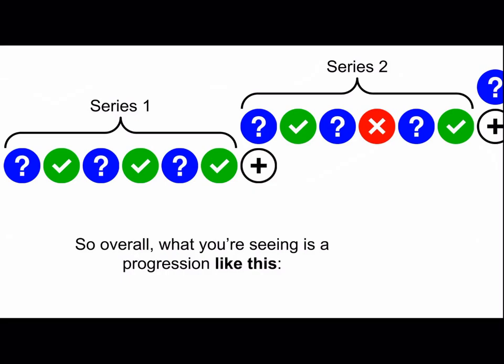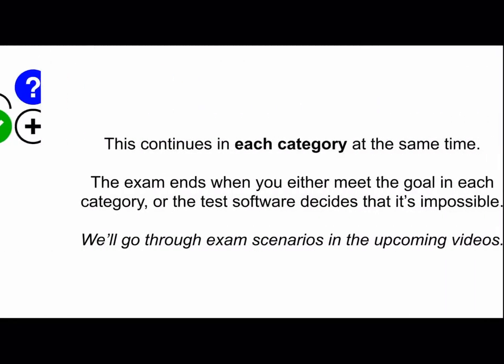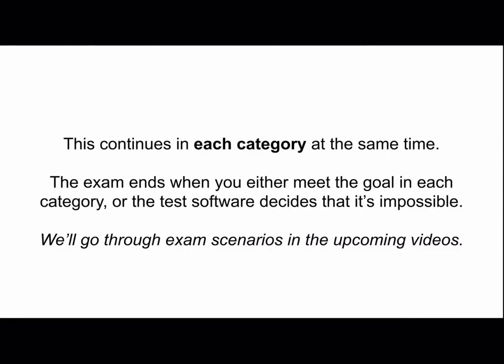So you can actually get quite a few questions wrong on your exam. As long as you're doing well more than you're doing poorly, you're still going to progress through the exam. Now, this continues in each category. Remember, we just looked at airway to make it easy, but it's actually happening in all 5 categories at one time. The exam ends when you either meet the goal in each category, or the test software says it's actually impossible to meet the goal in each category. And again,